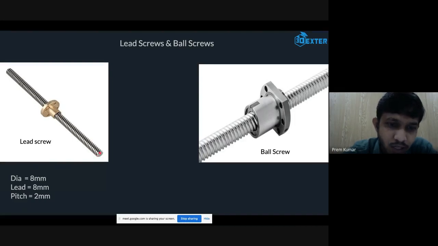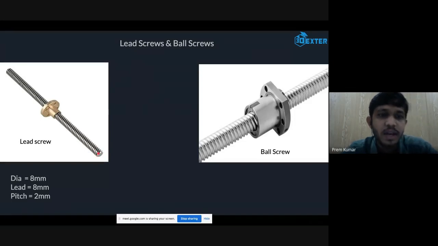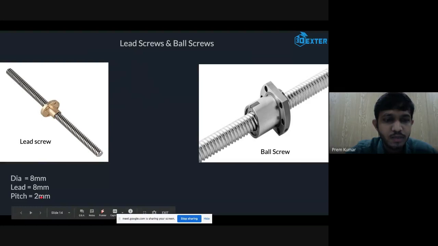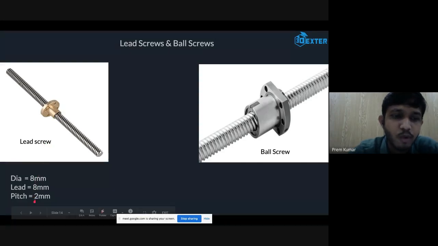There is one thread starting over here and one more thread starting over here. So it has different, independent threads on a single rod, so that each pitch adds up to the lead. Here we have a 2 mm pitch, but a lead of 8 mm. When you talk about pitch, if you rotate the screw 360 degrees, it will move only 2 mm if it has a 2 mm pitch.